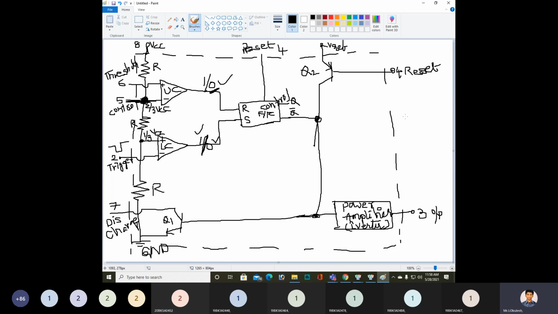Okay, now I'll ask roll number wise. If you have SR equal to 0 0, what is the Q value? What is the Q bar value? Or else, what is the Qn value? What is the Qn plus 1 value? Okay, I'll ask in the next class. You need to answer.